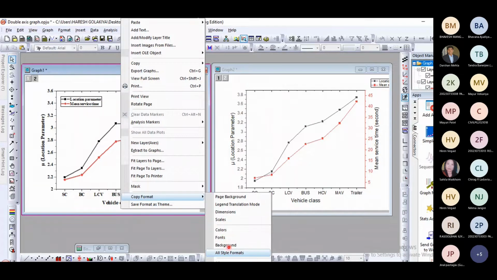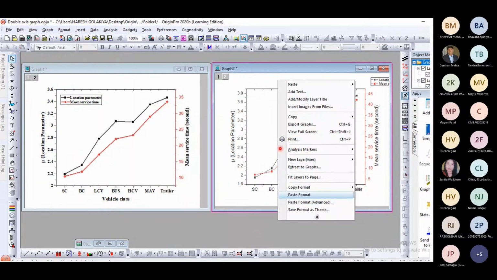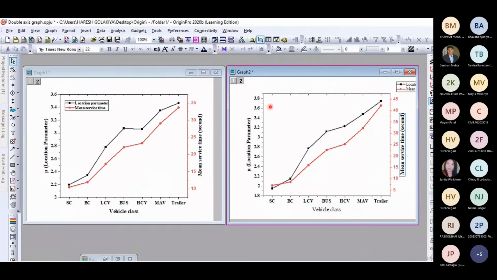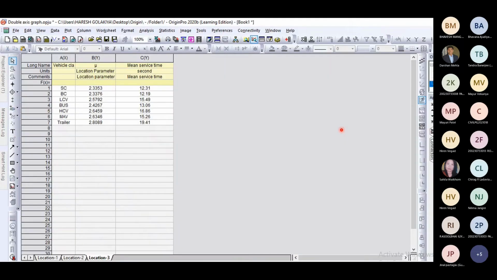Many options are there, but we have to select all style format. Then it is to be pasted on the other graph. So all that we have changed, the font, the thickness, is automatically formatted in the other graph, or we can do batch plotting also.